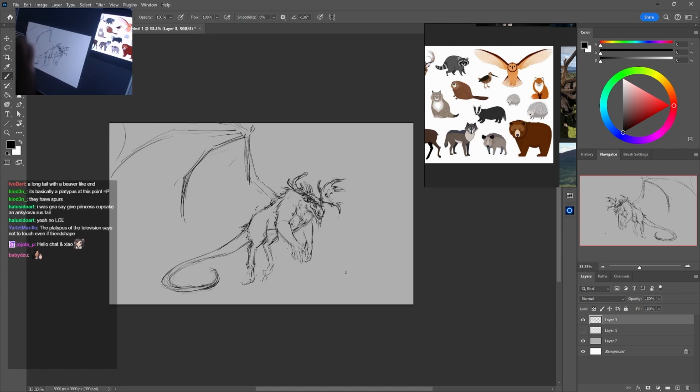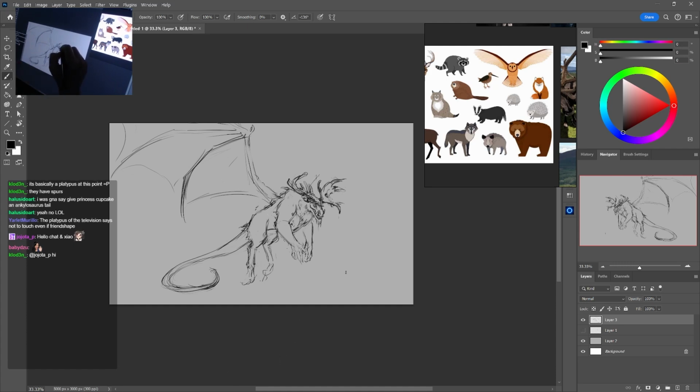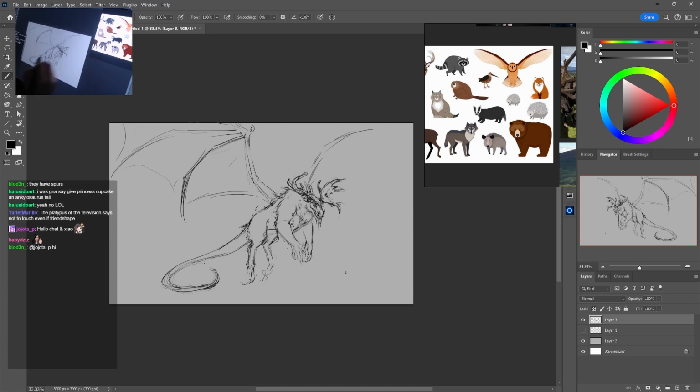So his wings are way too big to fit in, and I don't really care. We're just gonna go with this, right? Because he needs big wings in order to fly. Otherwise, he's got these tiny wings. He's not flying, okay? I'm sorry. He is not flying. He needs it to support his chunk.